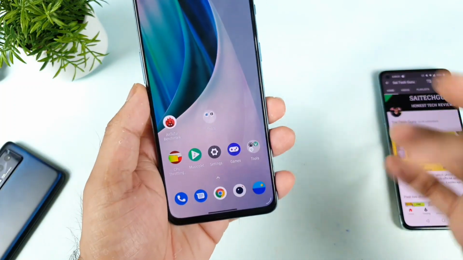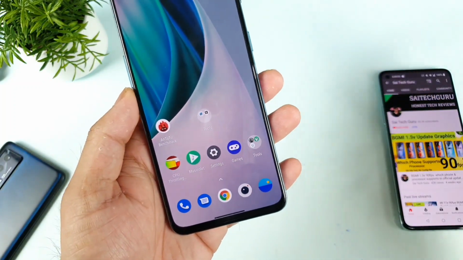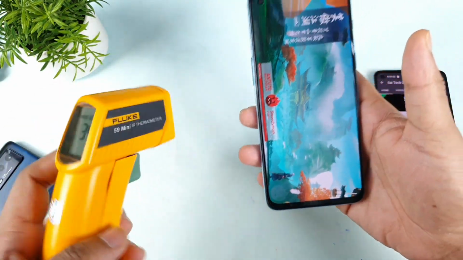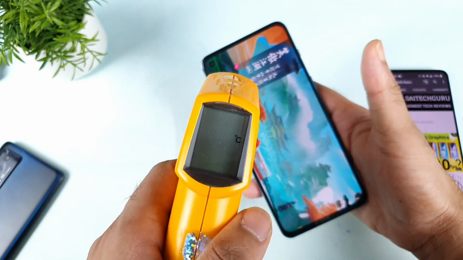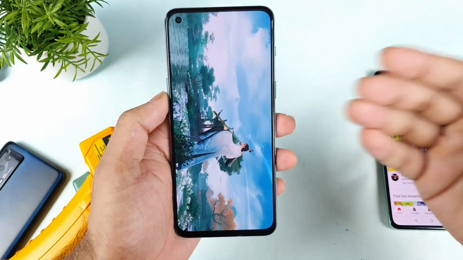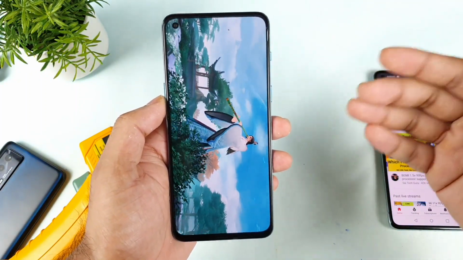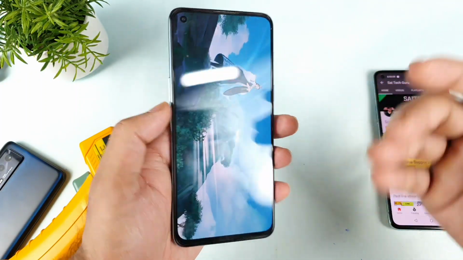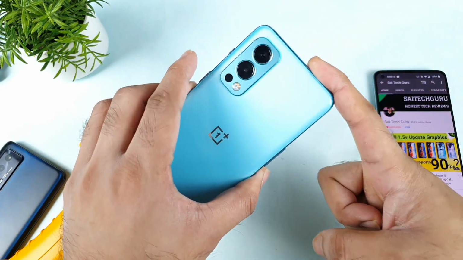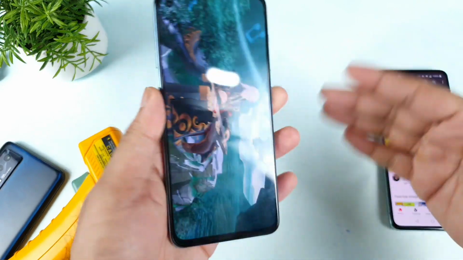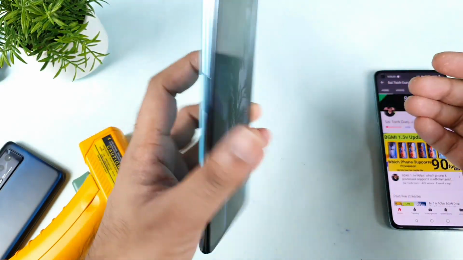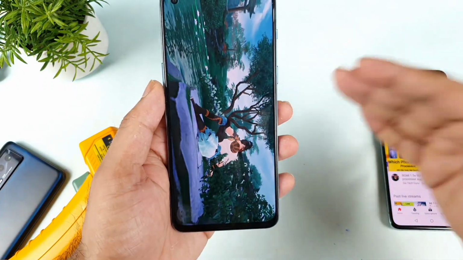Let's see, friends, what difference we can expect from the before score to the right now score. And my main focus will be on the temperatures as well. Yes, temperatures are another main thing. So let's check in the beginning how much it is. Before, whenever we did the Antutu benchmark test, the temperature used to increase up to 40 degrees, close to 41, sometimes 39 as well. Let's see this time, after the software update, whether the temperatures got maintained properly in the OnePlus Nord 2 device or not. I'll update you clearly on how much the temperature increases during this Antutu benchmark test. In case you have any other queries, let me know in the comment section below.